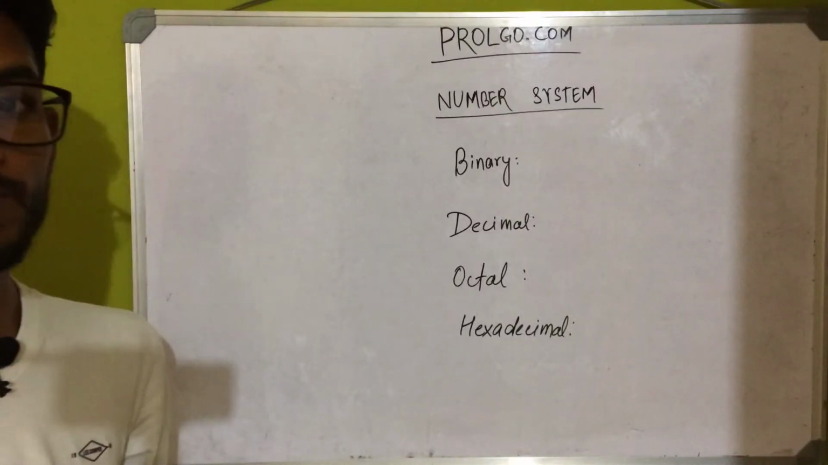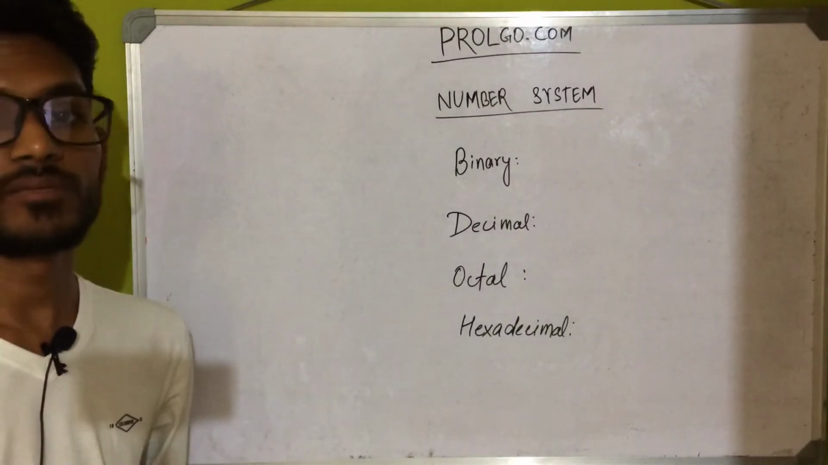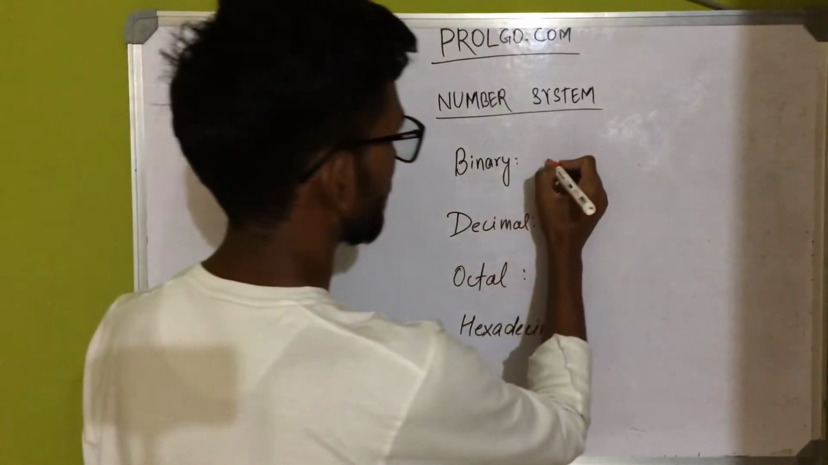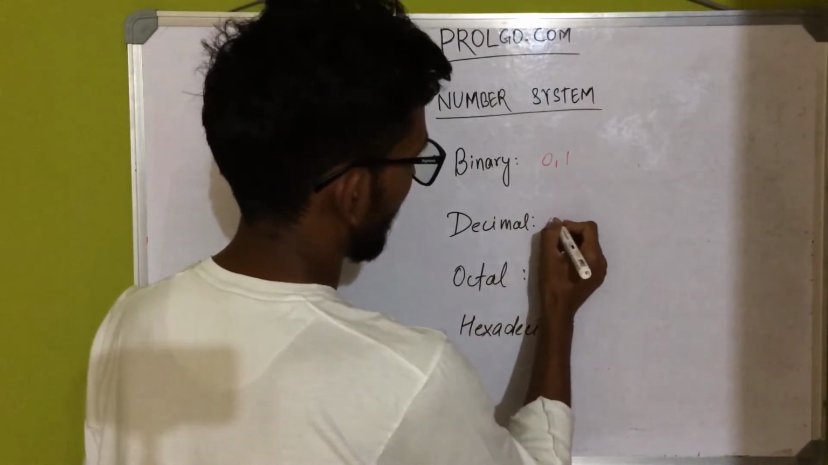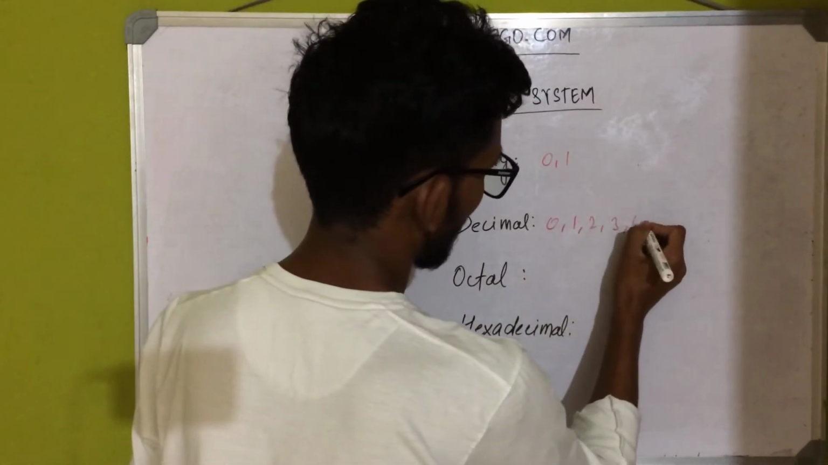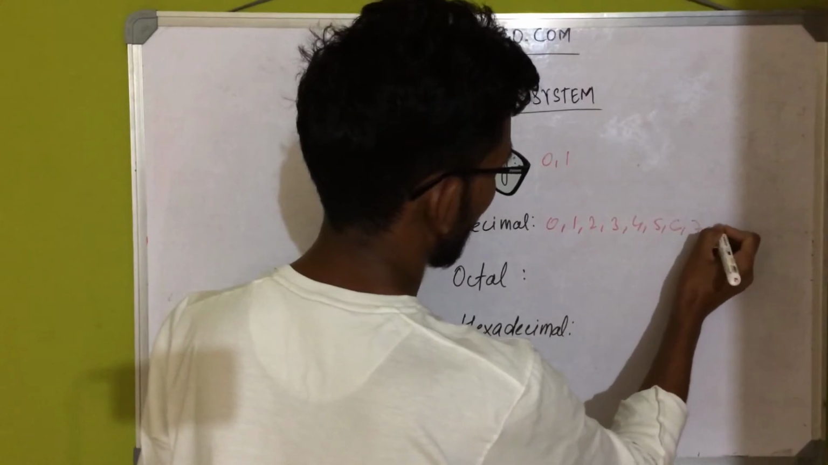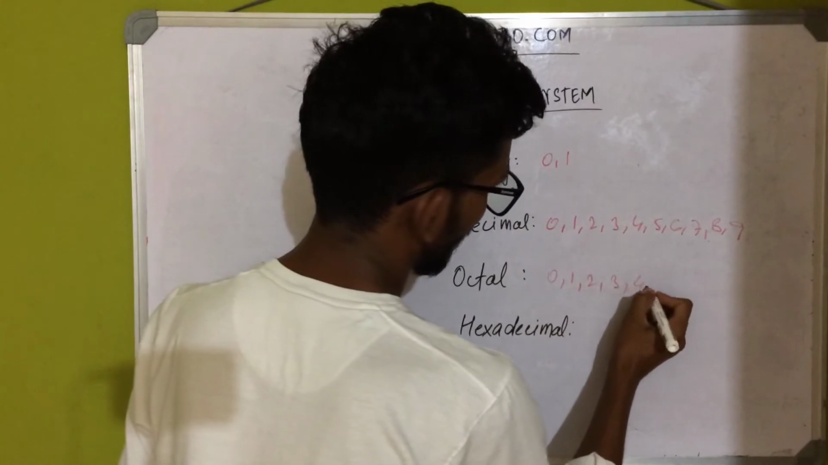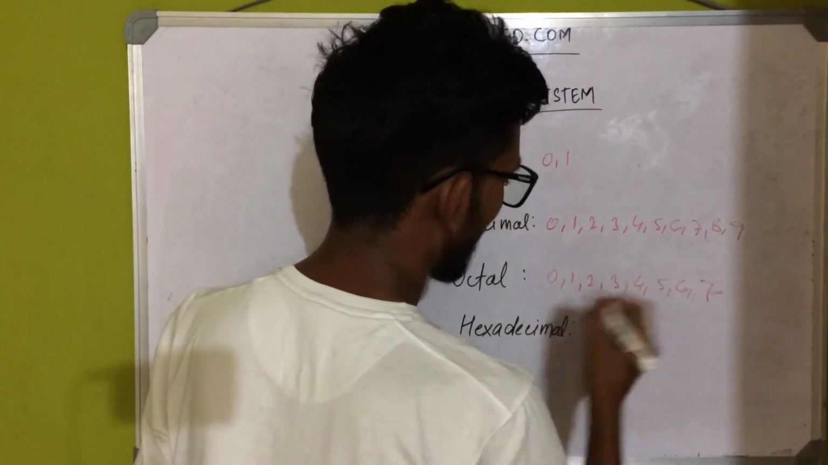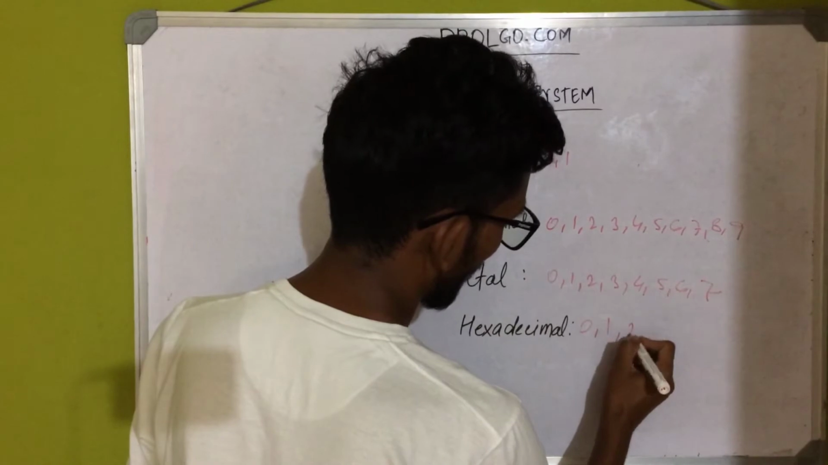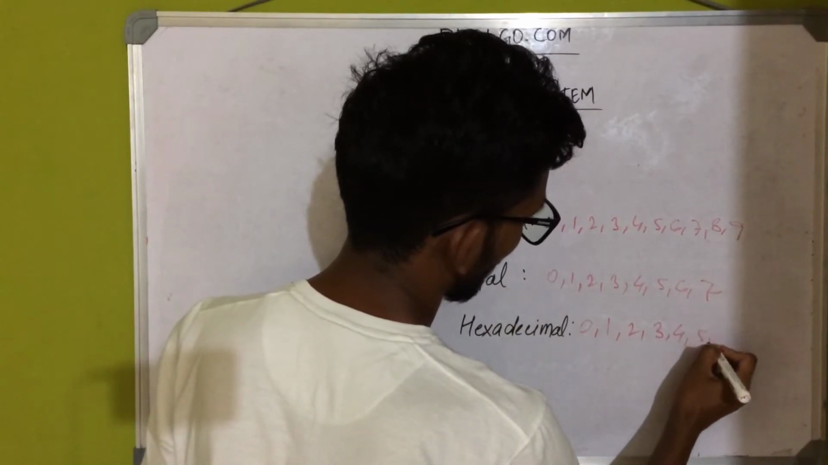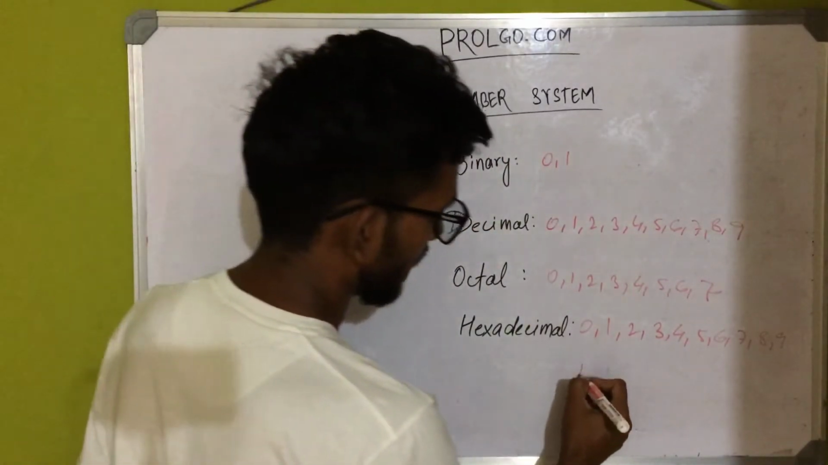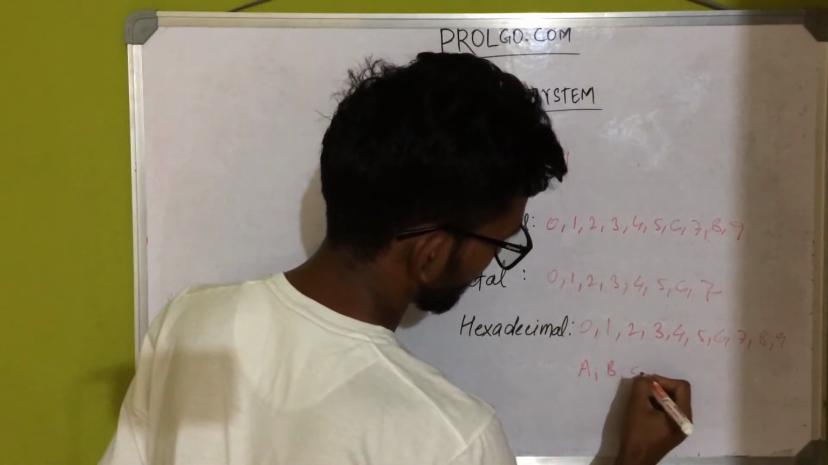In this video, I will explain how to convert from one number system to another number system. So we have the binary number system, in which the total number of digits is 2. In decimal we have 0, 1, 2, 3, 4, 5, 6, 7, 8 and 9. In octal we have 0, 1, 2, 3, 4, 5, 6, 7. In hexadecimal we have 0 to 9, and then A, B, C,